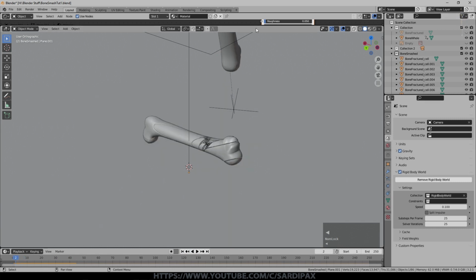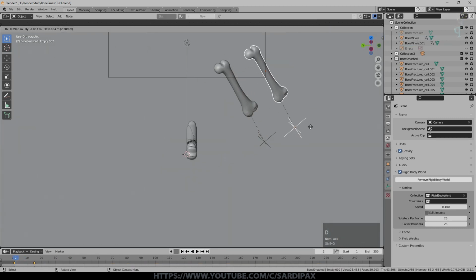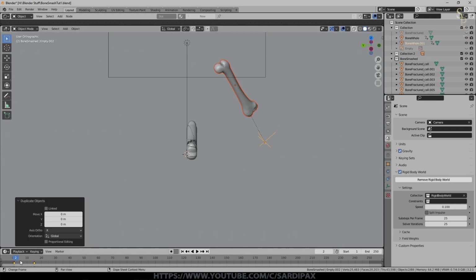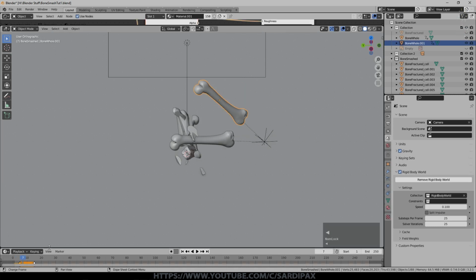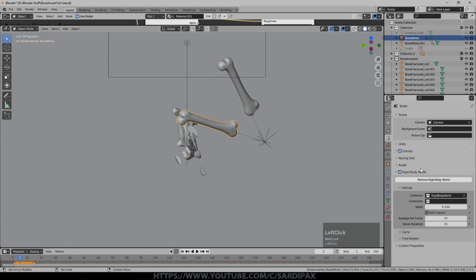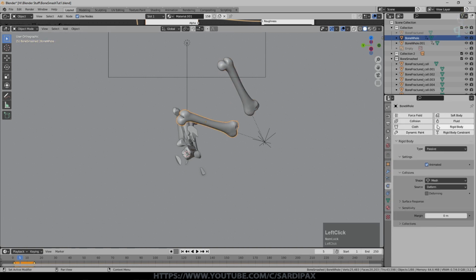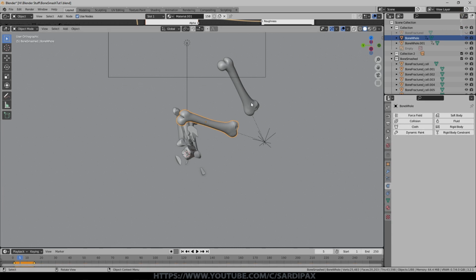So my fix was to actually make 2 of these. So I've duplicated that one completely, and I've got the keyframes down here, and all I did really was just take that one keyframe and pull it this way. So what you'll see now is that one takes longer to come down. So I pulled it too far there, and if it's not clear yet, it will be clear in a moment what I'm actually doing. So this one that's ahead, if I come back a little bit, this one here, I'm going to remove the rigid body effects from, so it's not going to have any physical impact on these objects. So it's gone. This one still does.